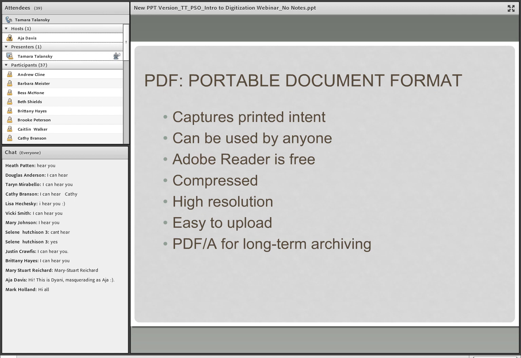PDF. You've probably all used or received PDFs at some point. It stands for Portable Document Format, and it was developed by Adobe. A PDF captures the printed intent of a document. The advantage against other formats is that you can be sure that anyone will view the file exactly as you want on another computer system. PDF files are very small and the content can be stored compressed. The free Adobe Reader is widely available and on almost all computer systems able to be read.